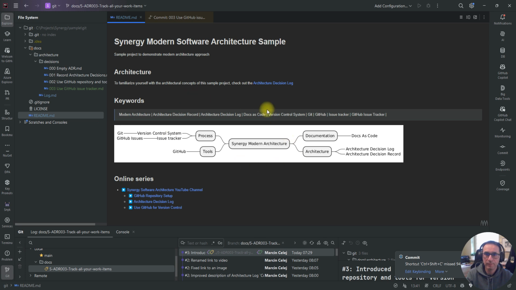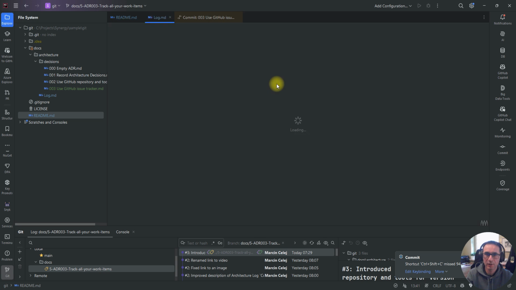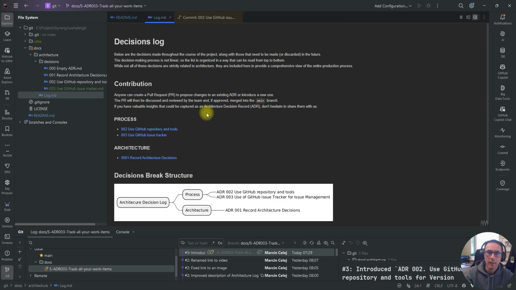Let's jump from the README to the architecture decision log. Here we have the newly added decision, GitHub issue tracker, which is ADR 003. Now we can jump into this